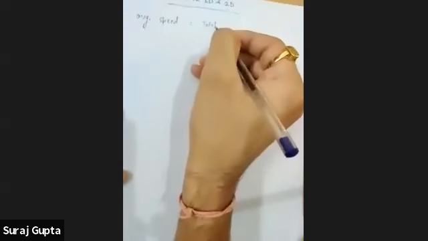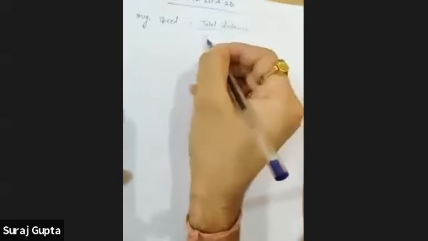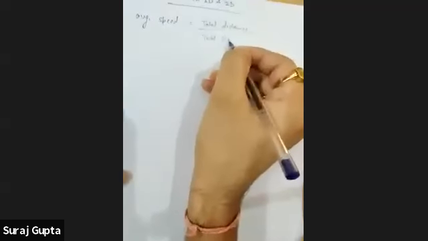Okay. So first of all, we will discuss average speed and average velocity. Questions based on average velocity and average speed. As you all know, speed is a scalar quantity, whereas velocity is a vector quantity. Now, how to find out average speed and average velocity? So you all know, average speed is nothing but the total distance covered upon total time taken. Okay, average speed is total distance.